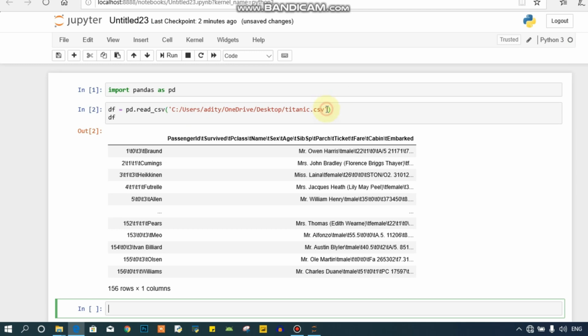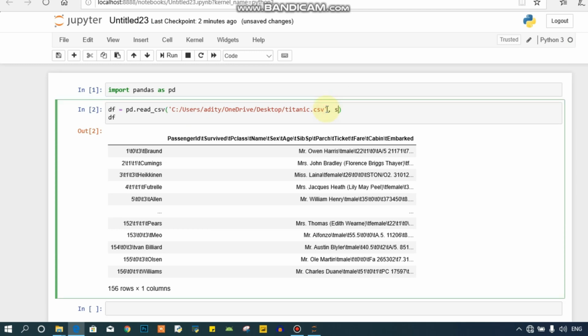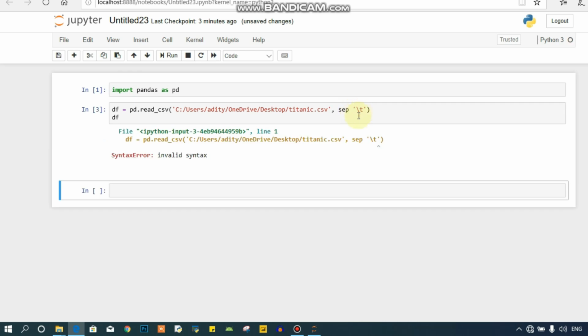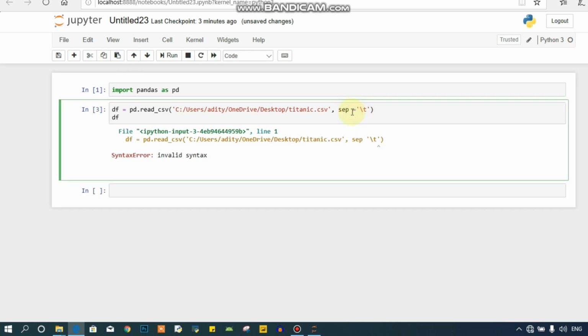Okay guys, now I need to use a separator. If you want to know what a separator is, like how we can convert this unstructured data into a beautiful structured format, for that we are going to use this separator operation. I told about the separator operator in my previous video. If you haven't watched my previous video, then please go and watch that. So I'm going to use tab here for separating my data. Sorry, what's the mistake? Okay.